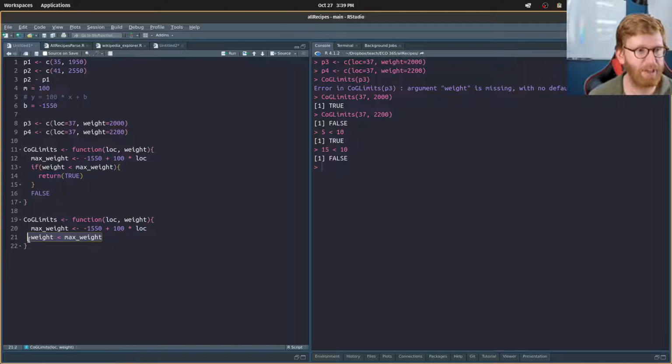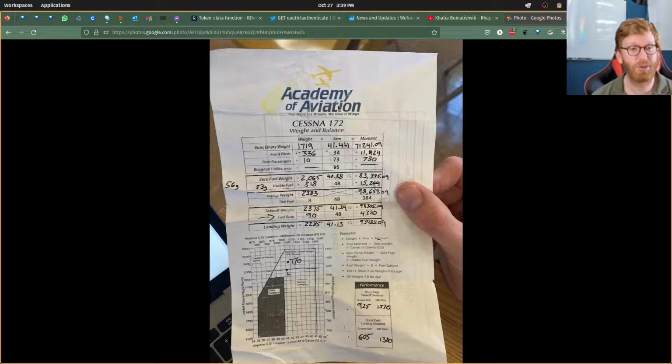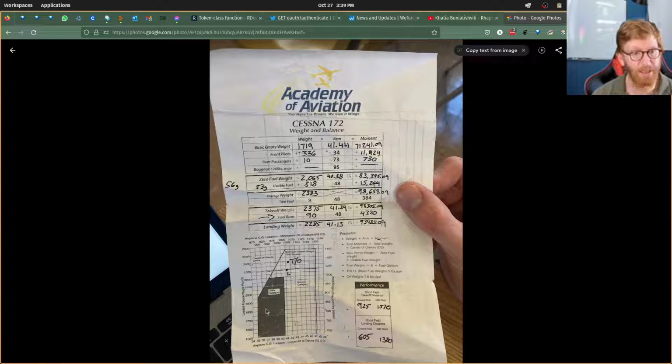This means that I can fit more stuff on my screen. There's fewer opportunities to have a typo. Really, I'm going to make the same mistake in either case, which is to accidentally make this a greater than instead of a less than. But the way to avoid that is to just do like we did here. In this case, we've got it returning true if we are under the line and false otherwise. So just be careful, if you want it to return true if we're above this, then we flip